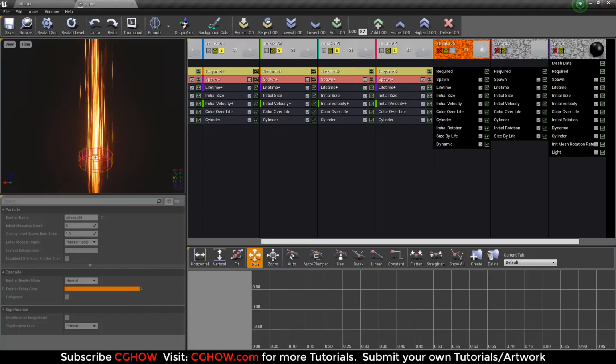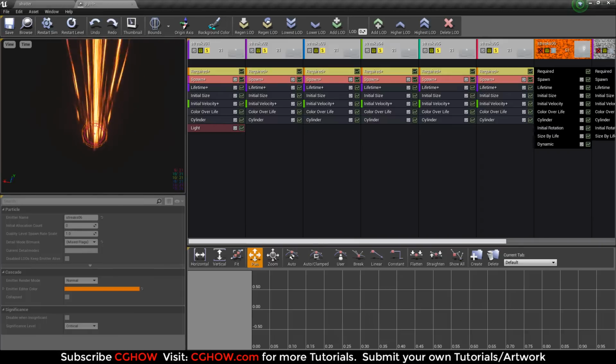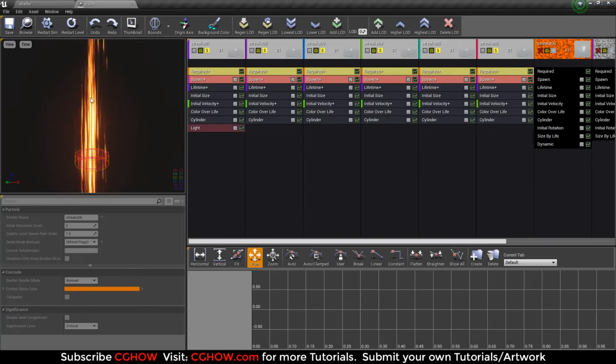So this is why I use these emitters. I can emit this many streaks in one emitter, but I didn't create this type of size variation